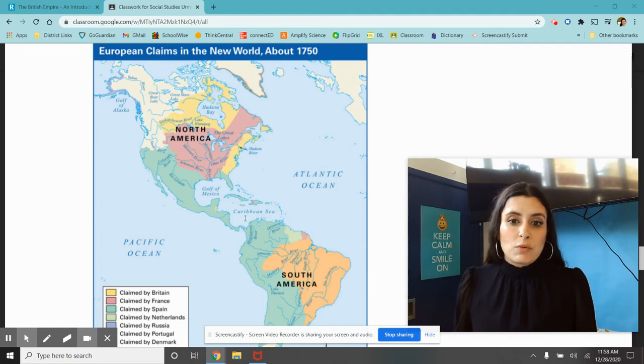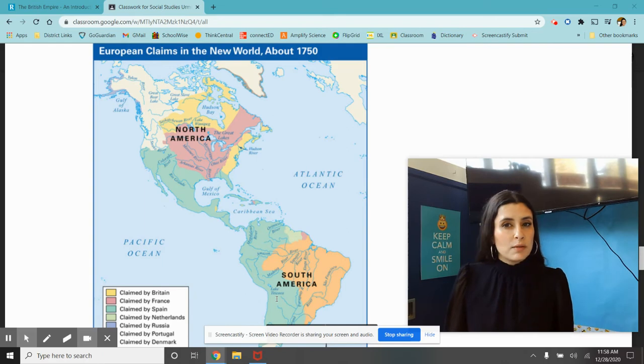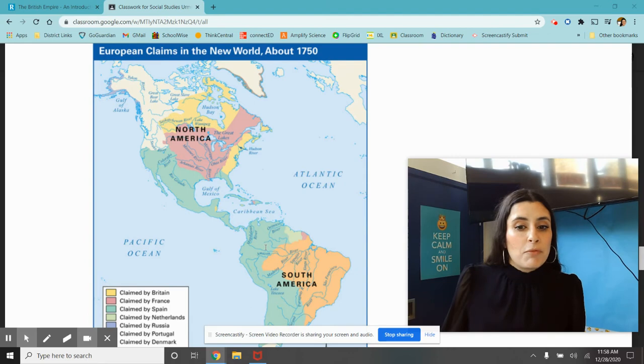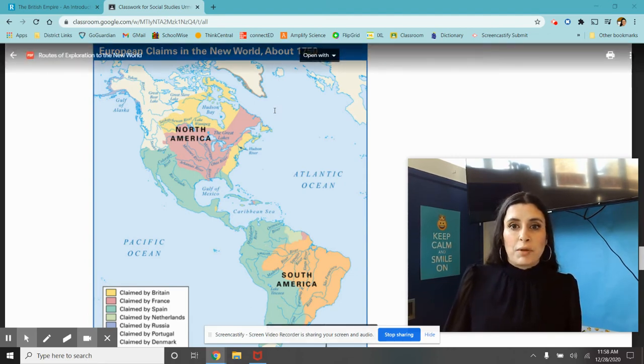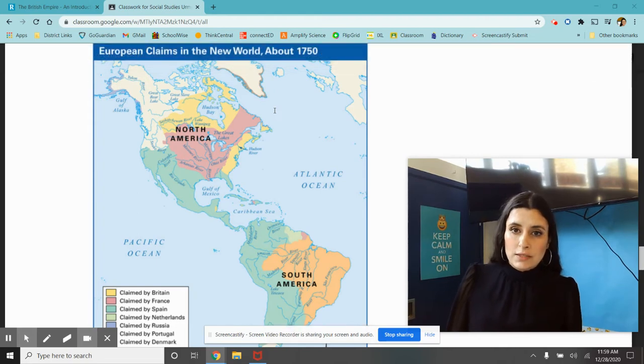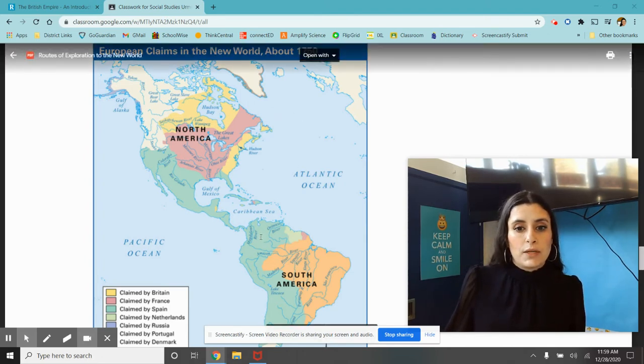But for the most part, when we look at South America into Mexico, all of it just gets pretty much eliminated of indigenous populations. It's very hard to find indigenous populations still rooted there. Some in the Amazon and in the deep forest still exist, but for the most part, they were practically extinct by the end of this exploration period because of the effects of Europeans coming and bringing diseases or having full-blown wars with the natives in those areas.